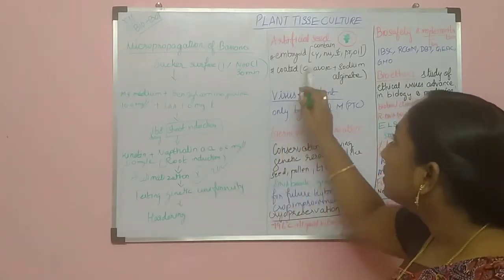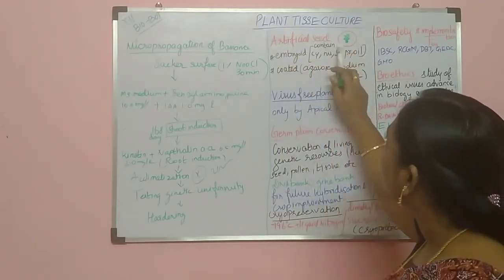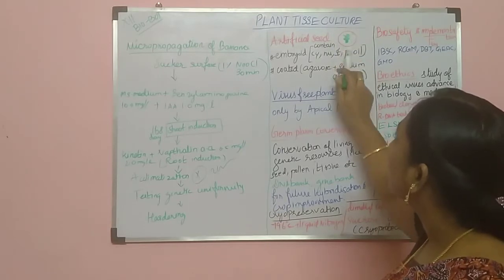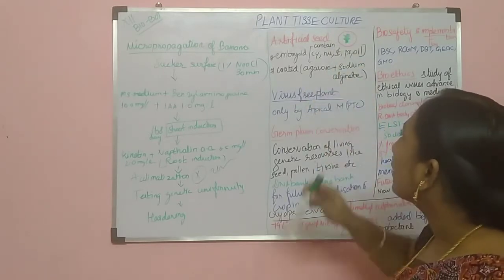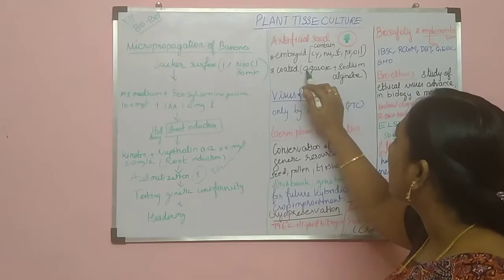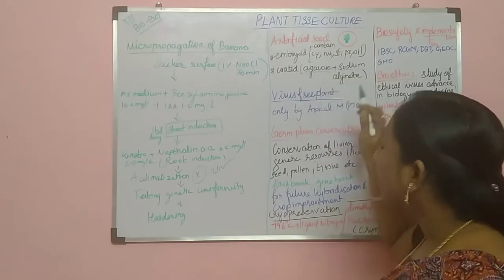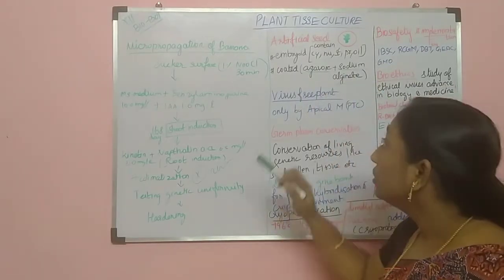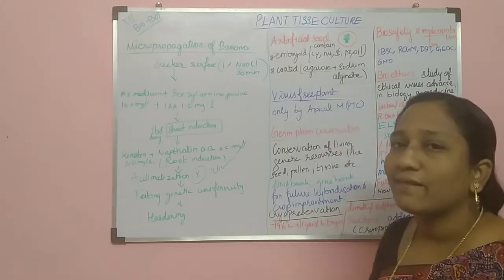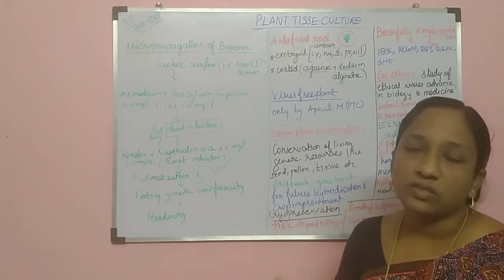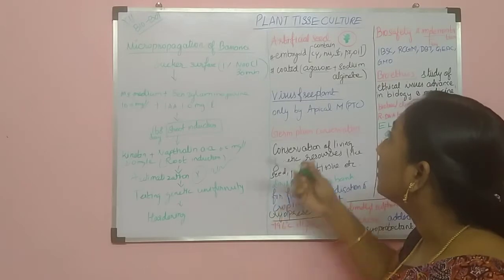Okay, so this is the artificial seed. This artificial seed is present inside the coat. That coat is made up of agarose and sodium alginate. So this will form a transparent outer seed coat, which is useful for the embryo